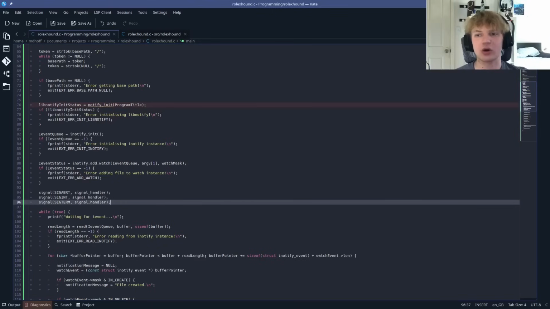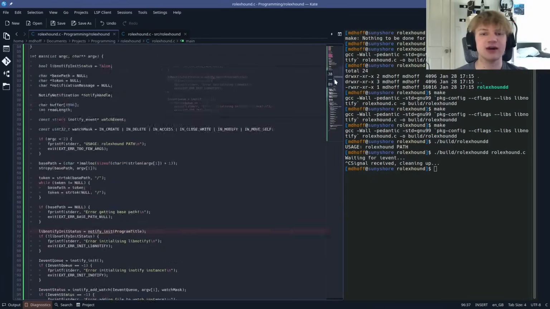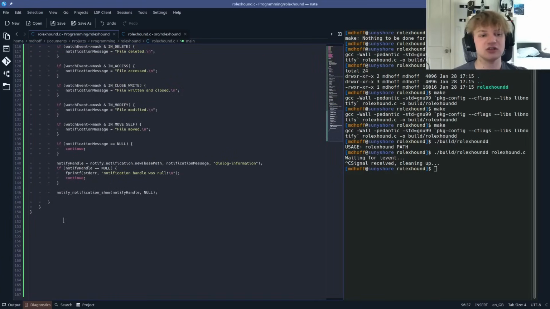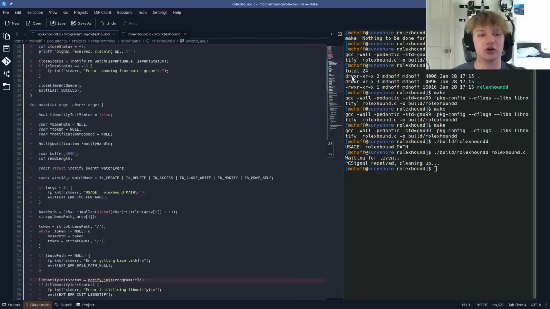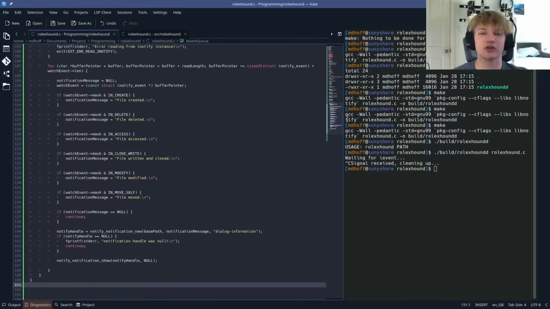So now if I go ahead and make this and run rolluxhound, of course, got to give it a path. You can see here signal received cleaning up. And the fact that we didn't get this fprintf here means that we removed it from the watch successfully. And this is in 151 lines of code, pretty much. 151 lines of code. Which is pretty cool, guys. If you think about the utility of something like this and everything that we've learned in 150 lines of code,